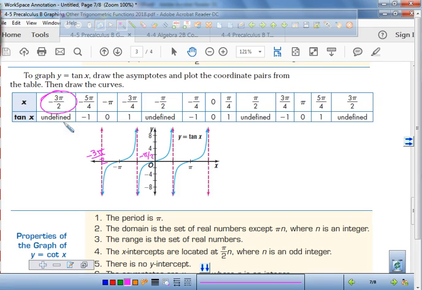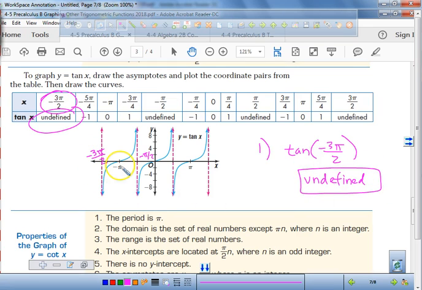So all you basically have to do for the first 4 problems is use the notes that I have given you and find the correct answer. Right now, problem number 1 said, what is the tangent of negative 3 pi over 2? And what did we say the answer was? Undefined. That's right, because what is drawn there? What's drawn right there at negative 3 pi over 2? Go ahead and say it. There's something drawn there. It's an